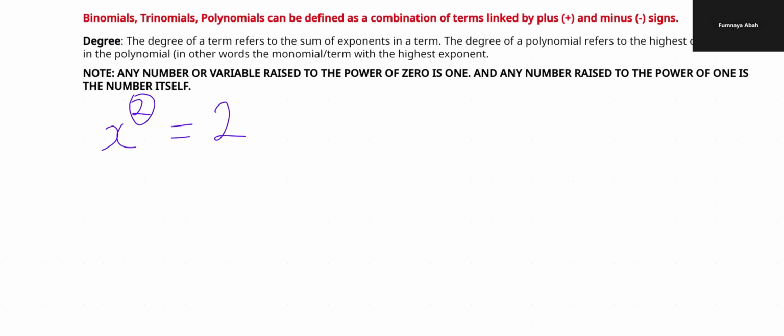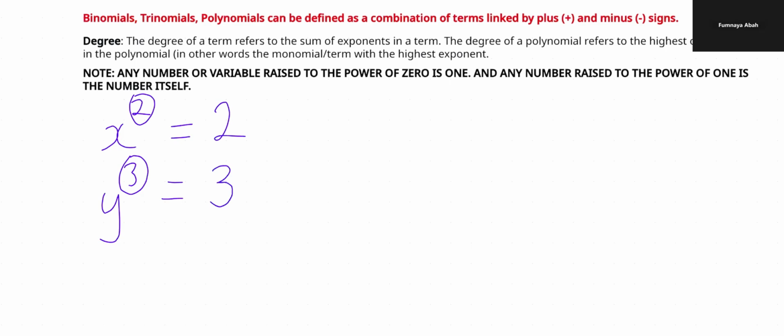Same with something like y raised to the power of 3. Since y is raised to this number, 3, the degree of this term y raised to the power of 3 is equal to 3. So let's say we have something like